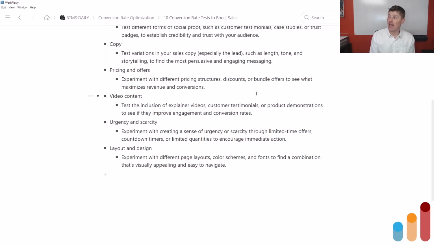Urgency and scarcity elements. Does it make sense for your offer to have some kind of countdown to display the current quantity in stock? Does it make sense to do limited time offers, countdown timers, like limited